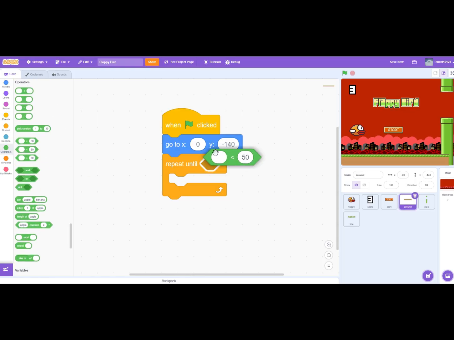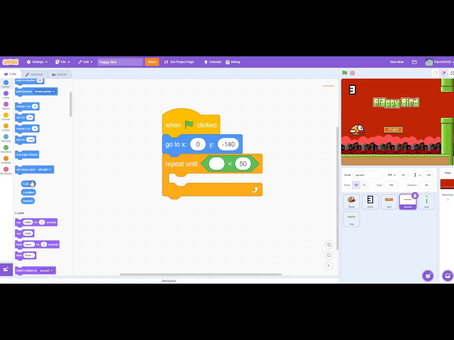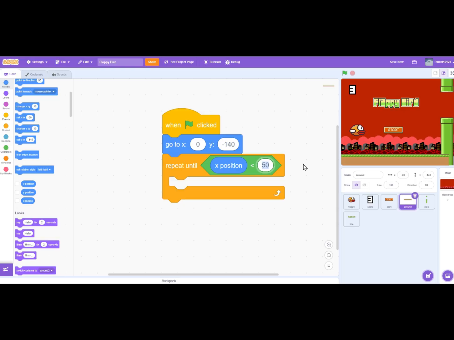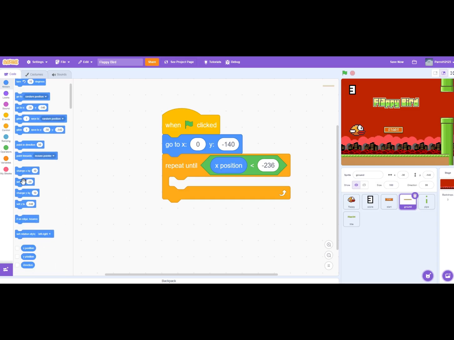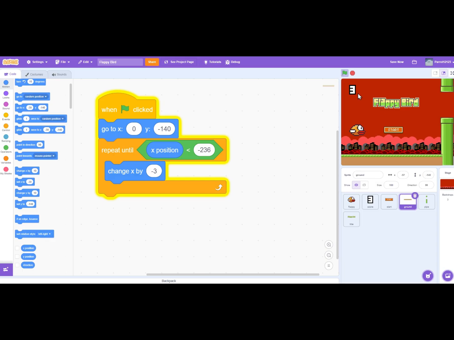And then repeat until x position is less than -236, and then we'll just change the x value by -3 each time. So let's see how that is. Okay, so that's working, but once the ground goes away, you're left with this ugly white spot here, which